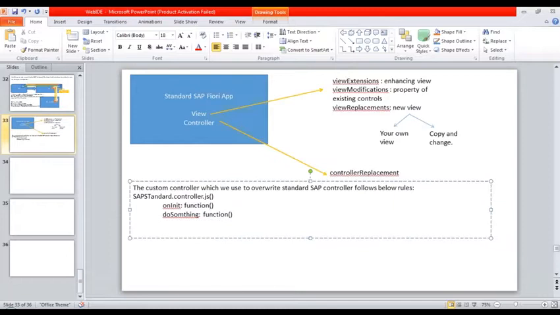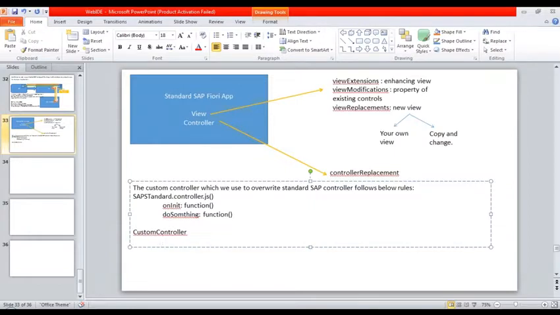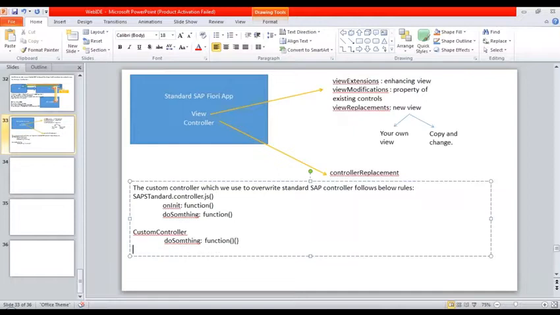This is SAP standard controller. Now what you did, in the enhancement, is you told SAP that you want to replace it with your controller. What SAP does is replace this controller with your controller. So now you have your custom controller. In this custom controller, you can always override the existing method. If you create a method with the same name in your custom controller, this functionality will be executed instead of standard SAP functionality. So this is by default inheritance